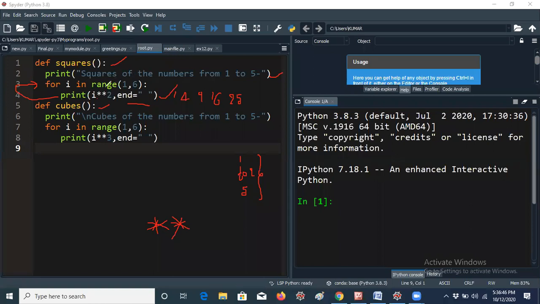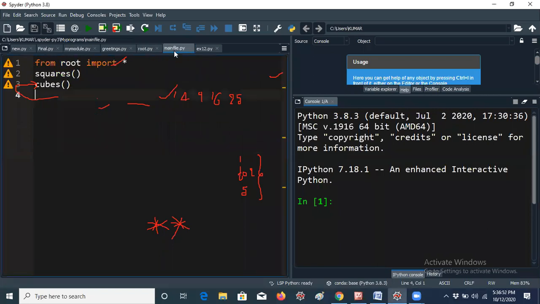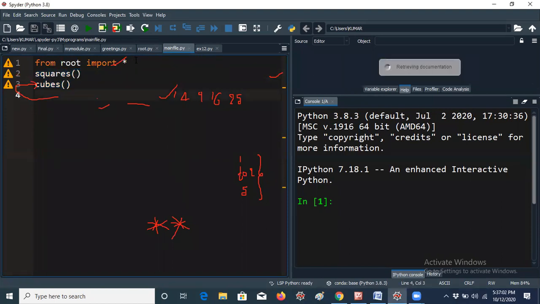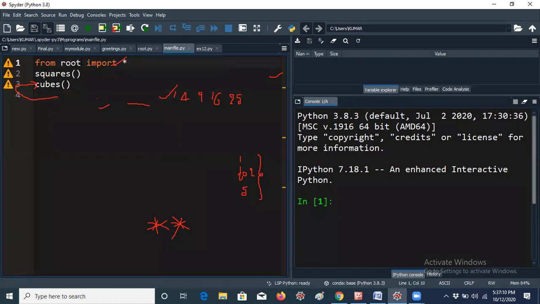But how will this function be executed? This squares function can be called by using the main file. Let me open mainfile.py. Here I have given only two methods, squares and cubes. You know that this is a calling function actually. The mandatory line is from root import star. What is the meaning? Root is our module.